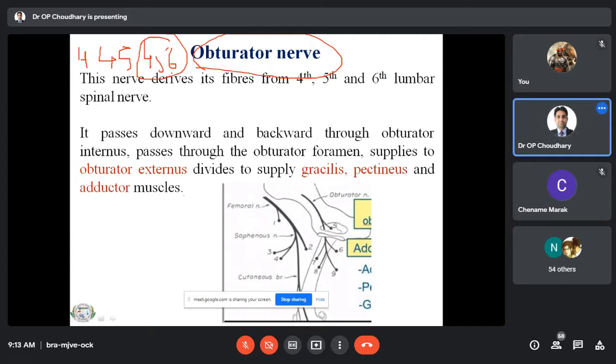That is the last 3 lumbar spinal nerves. Now you can see here this obturator nerve usually passes through the obturator foramen, and the obturator foramen is the largest foramen of the body. As you know, there are several muscles present near the obturator foramen: the obturator internus, obturator externus, and it also supplies the gracilis, pectineus, and adductor muscles. So these three are the